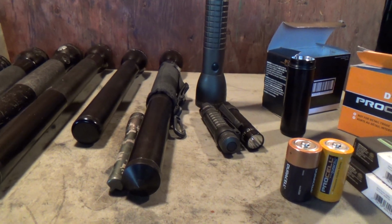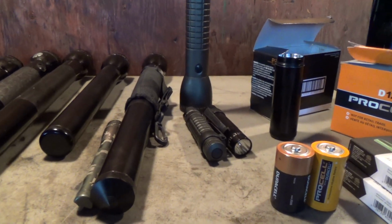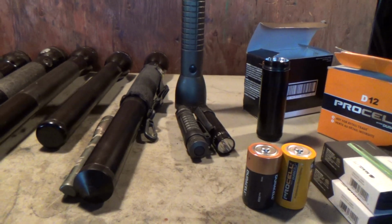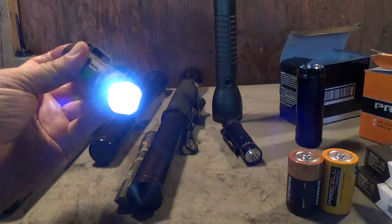But then I realized there's not a lot of difference between the two of them except lumens and all of that. And really, I don't need one. I'm not a law enforcement professional. I'm not military. I don't need that particular level of gear. This will do just fine. This is actually more than I need. This is actually a bit more. But